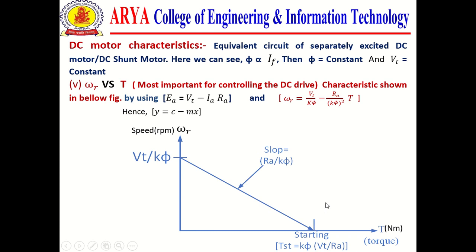Now I hope all the characteristics of the DC shunt motor or separately excited motor are clear. Similarly, if we talk about series motors, in a DC series motor flux is not constant. Flux is directly proportional to armature current, so all performance is changed. Always keep in mind that in case of a DC series motor, starting torque is high. That's the application of DC series motor in traction, whenever we require high starting torque of the drives.